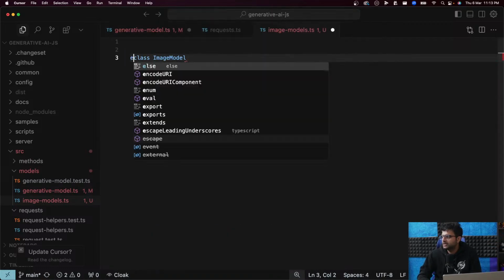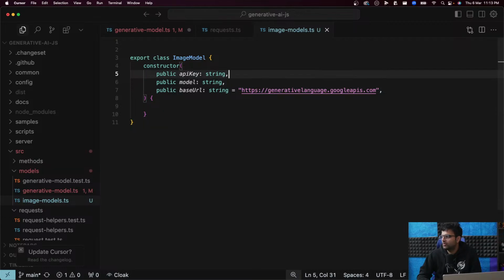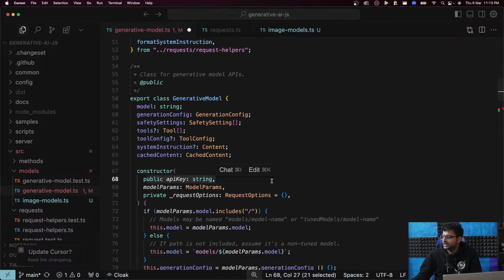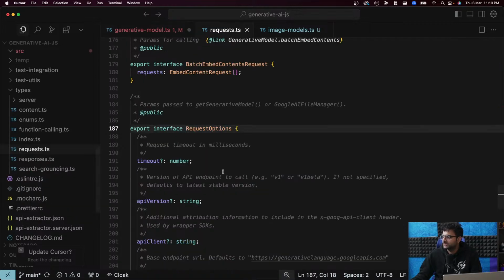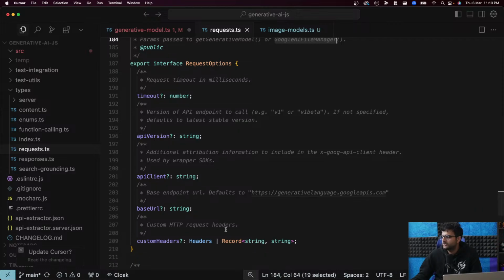It doesn't. Export class image model constructor. Now what do we take as the input? API key, same as this guy. Model params and request options. Params passed to get generative model or this thing. Timeout API version, that makes sense.